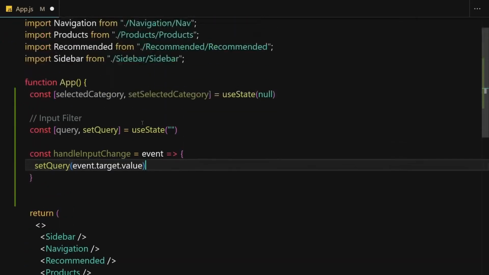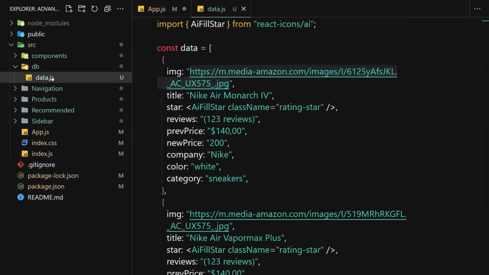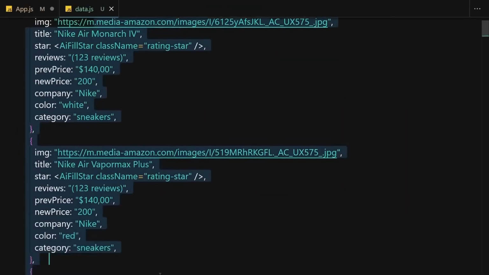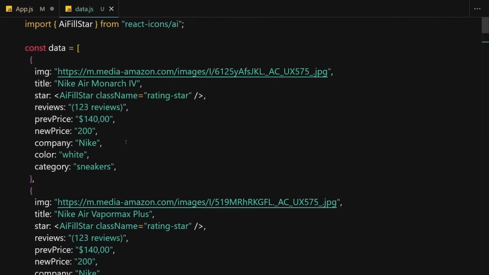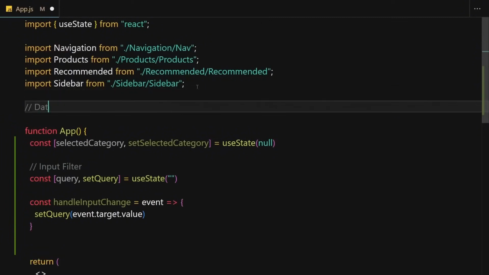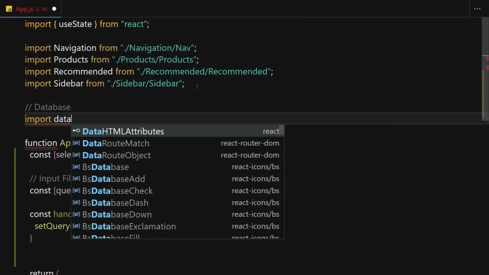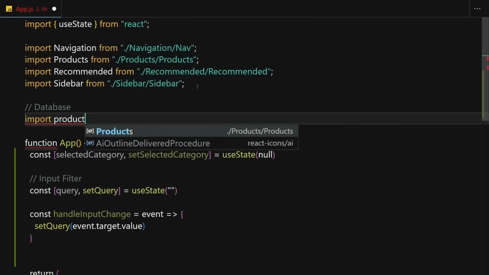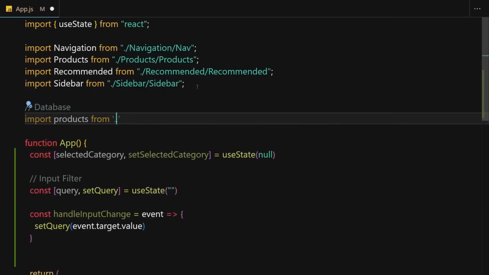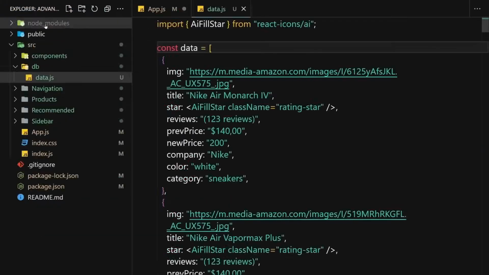So now the next thing which we have to do is get all of our data which we have inside this db folder right here. Okay, so we are going to get all of that data, and we are going to iterate over that data. All right, so the first thing which we have to do is import it. So I'll write a database right here, and I'm going to import my little database. So we have data, or I'm going to give it the name products. Okay, so products will be fine, and I'm going to go one level up, to my db folder, and then we have our data right here. You can give any name you want, but in my case we are storing products, so that's why I gave it the name